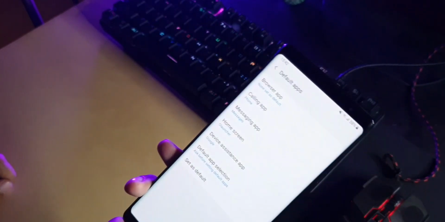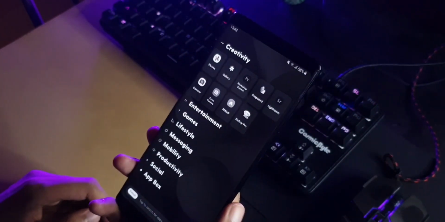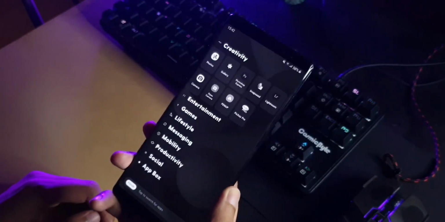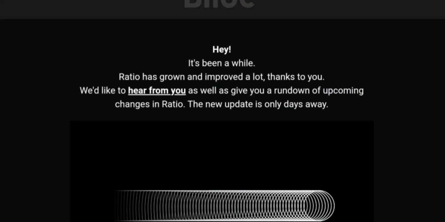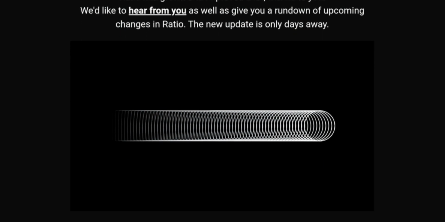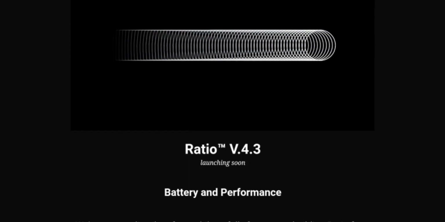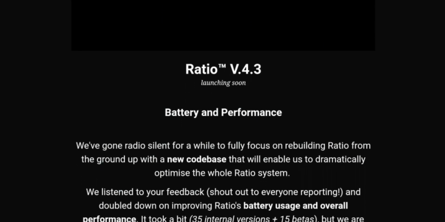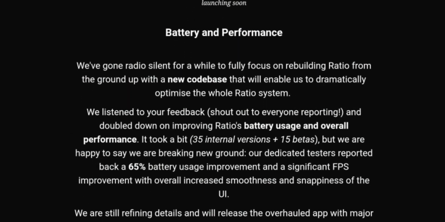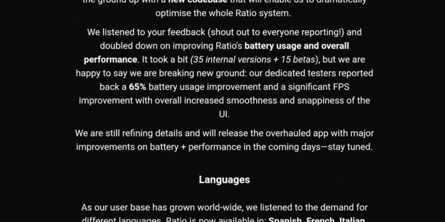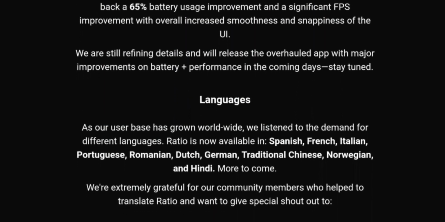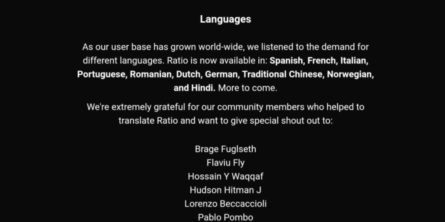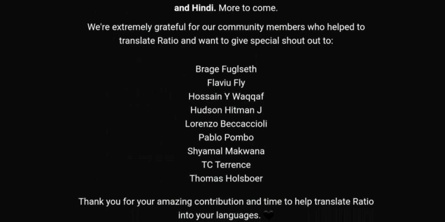But even after all of that, I'm still not going to be using this from now as my daily launcher. I'm going to be going back to Olauncher. I'll explain why. You see, when Block Ratio first came out, it was a very ambitious project, and it still is. The root feature is pretty unique, the tree feature was coming out, and it was a very exciting time. But after using Olauncher for a while, if you haven't checked out the video, you can check it out from there. Olauncher was a very minimal take on essentially what Block Ratio was trying to do,